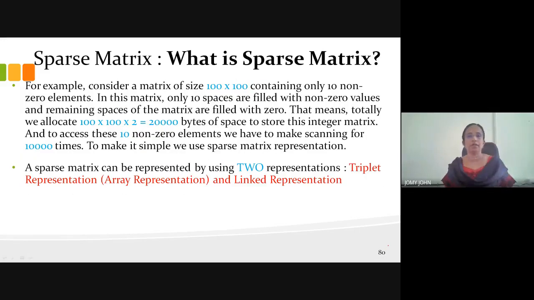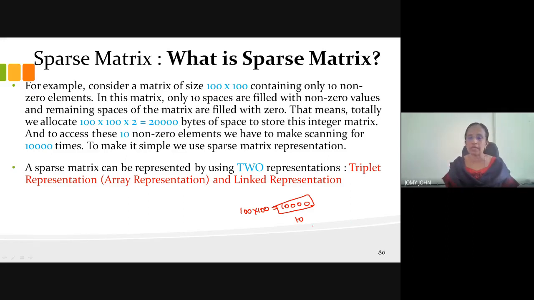Consider a 100 by 100 matrix that contains only 10 non-zero elements. 100 by 100 means how much space do we require? 100 into 100. We need this much space to store all the elements. Of these, only 10 values are non-zero. All others are zeros.